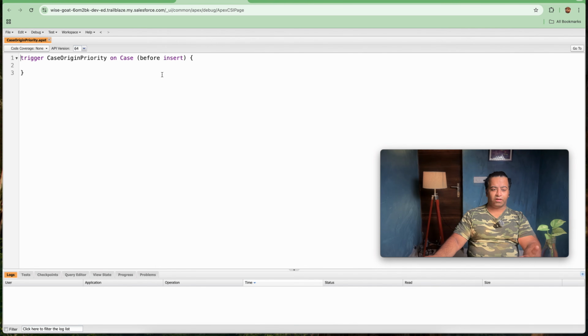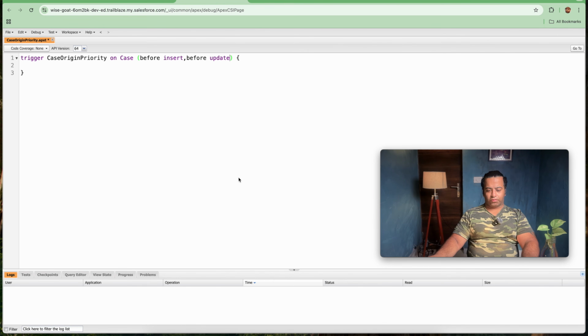Since it has provided me the option, the first choice we have already made, that is whether we need to take before or after. So we will be considering the before trigger. After going here, I will be writing before update.